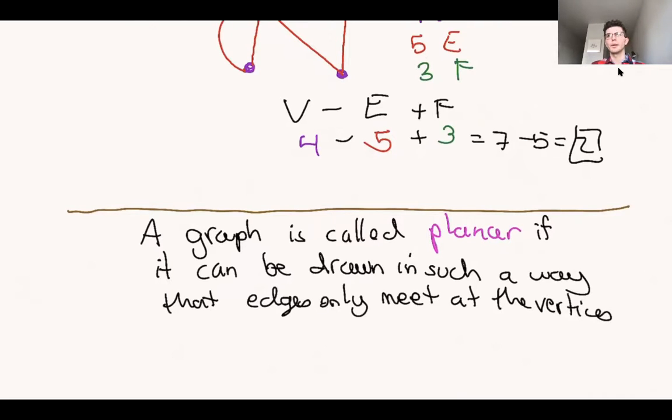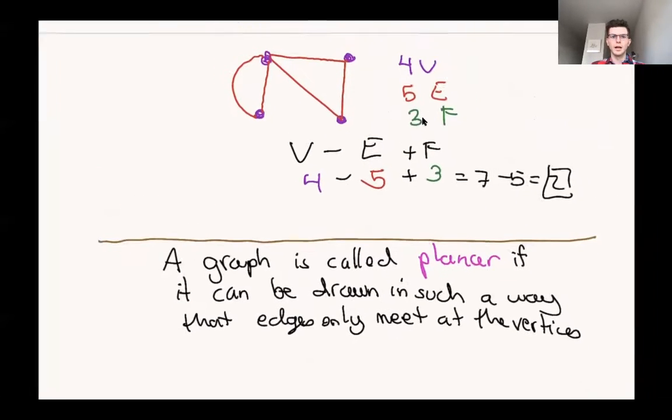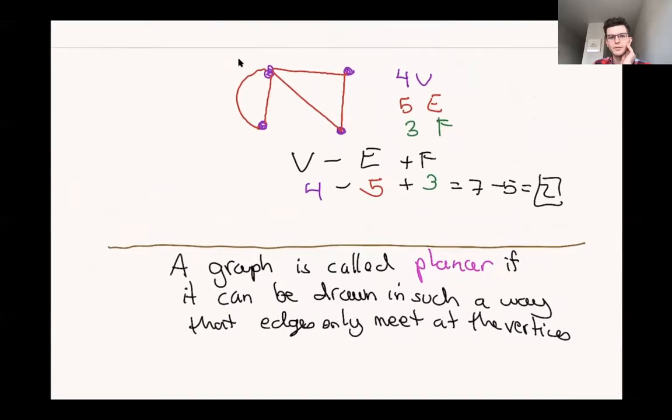So what do I mean by this? What I'm trying to say is, for example, this is planar, right? Because if you look at the edges, the edges are only touching each other. The only place where two different edges meet is at these vertices,